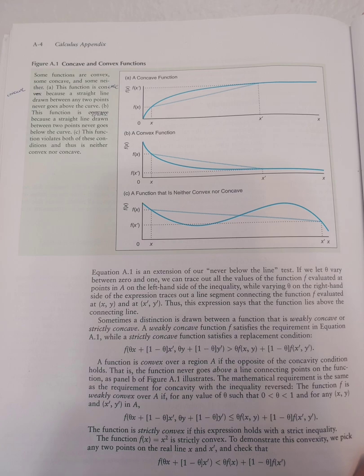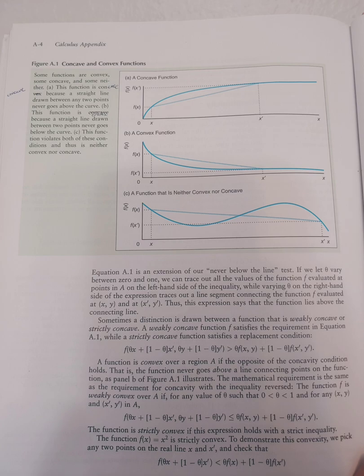We substitute the actual function into this expression: (theta times x plus [1 minus theta] times x prime) squared is less than theta times x squared plus